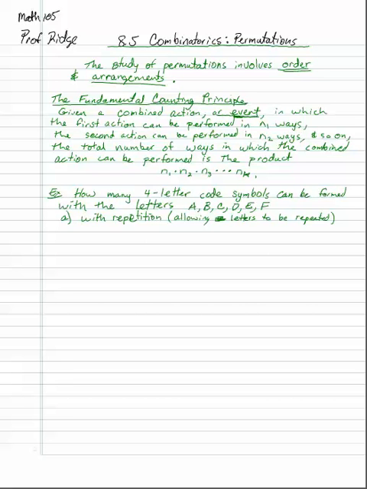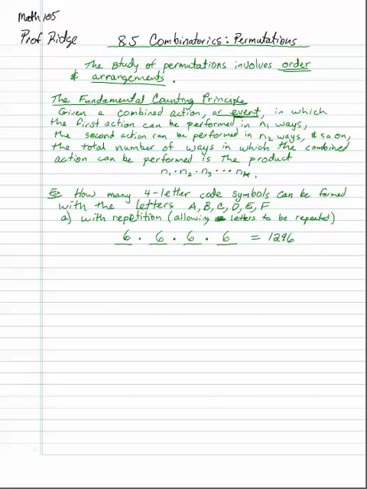Alright, so how many four-letter code symbols can be formed with the letters A, B, C, D, E, F with repetition? That means allowing letters to be repeated. So by the fundamental theorem here, we have 4 spots for the four-letter code. So I can put A, B, C, D, E, or F, which is 6, in each of the spots, since I can have repeats. Now, it doesn't have to be repeats, but I could have repeats. So whatever 6 to the 4th is. So I get 6 times 6 times 6 times 6. So that's 1296